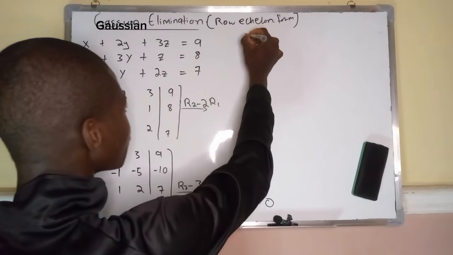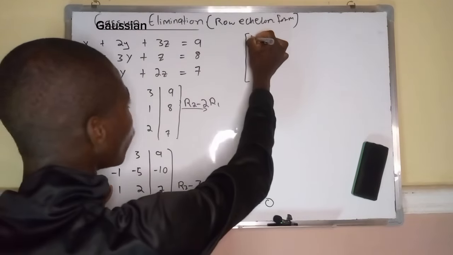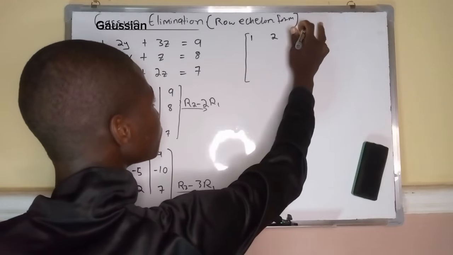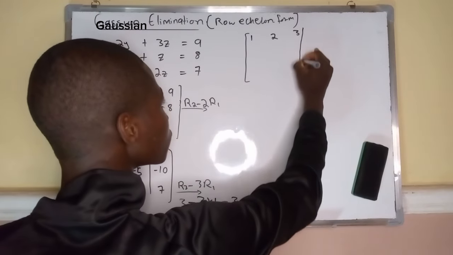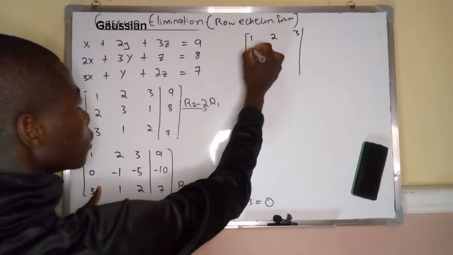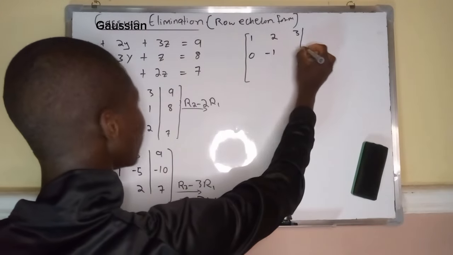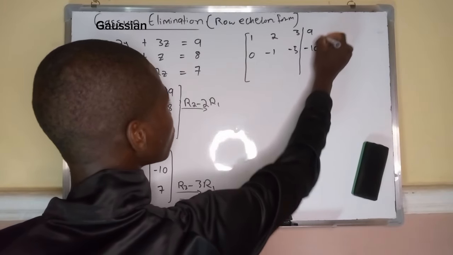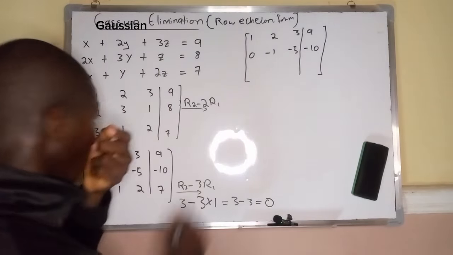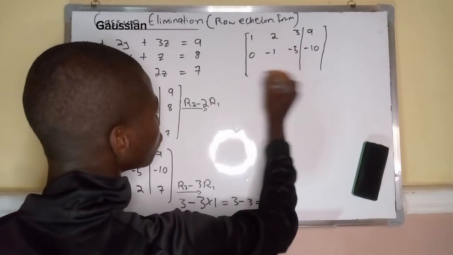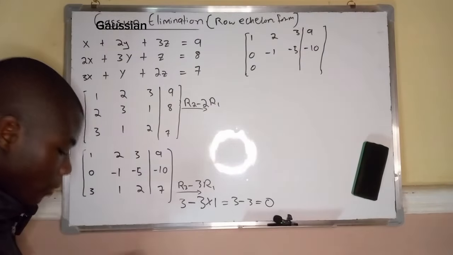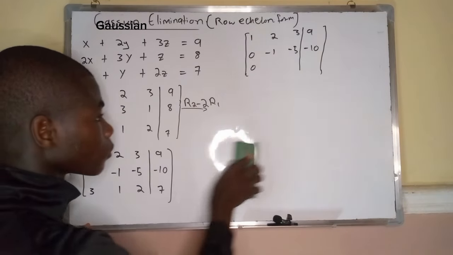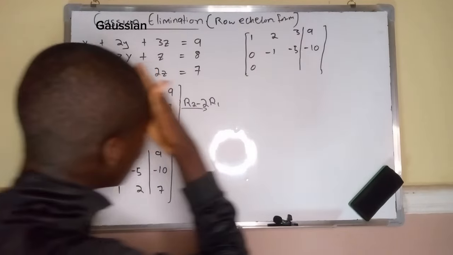So therefore let me have the new augmented matrix here. 1, 2, 3, and therefore 0, minus 1, minus 5, and 9. And therefore minus 10. So therefore here becomes 0. So now